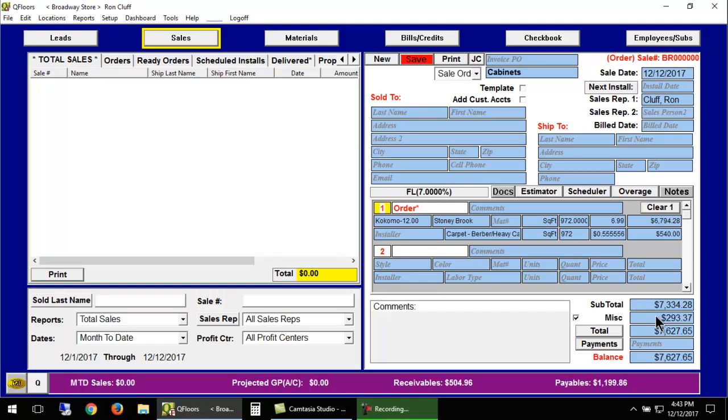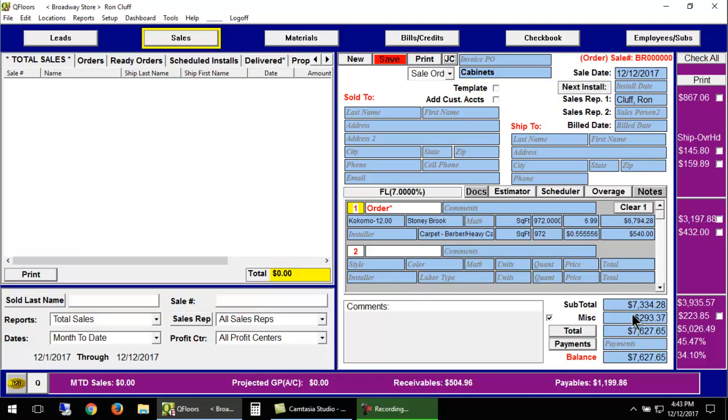The miscellaneous charge is the 4% times the subtotal, the 73.3428. That's not a tax. It doesn't include tax. So however you explain it to your customer, you don't say that it's tax or that it includes tax, because it doesn't. In the job cost window,